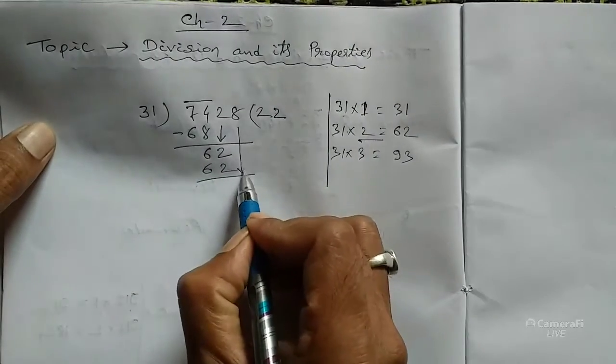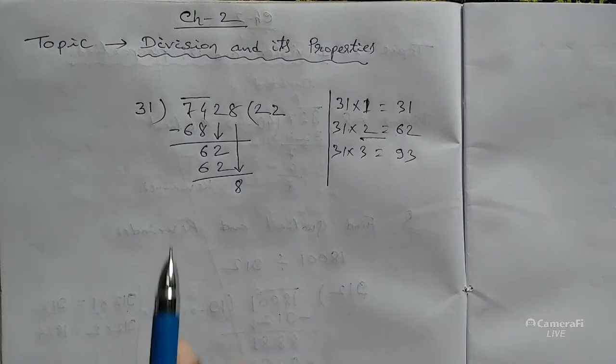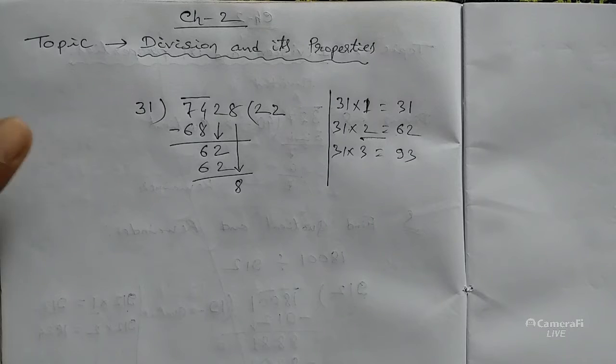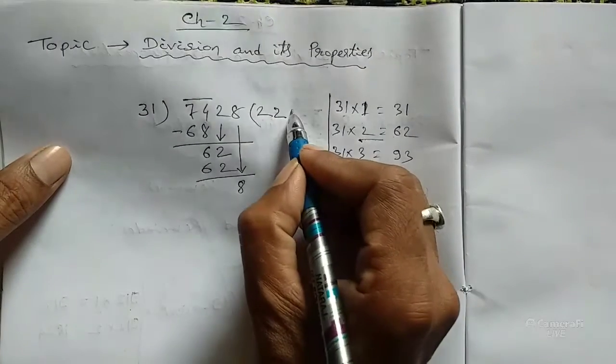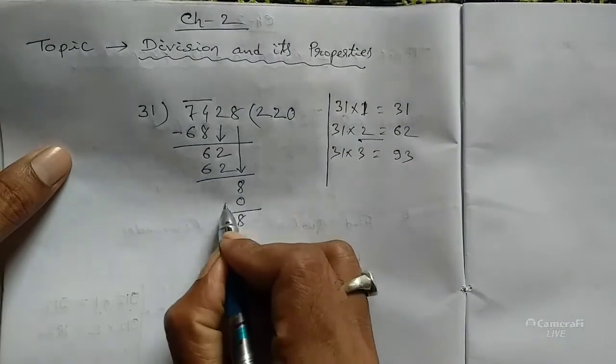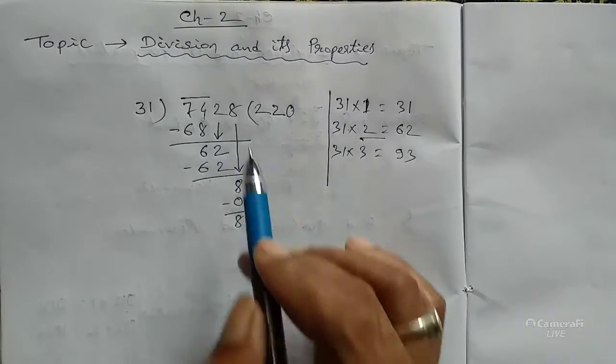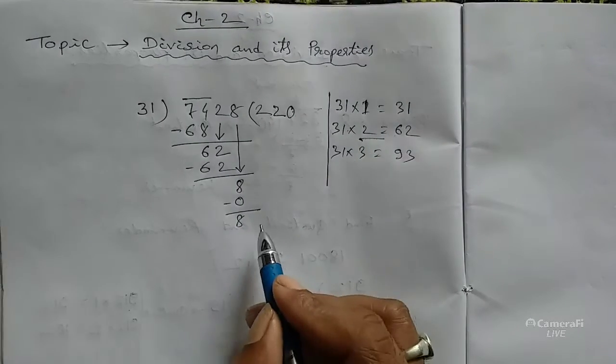Let us take this digit, 8, and we also have to divide it, but 31 into 1 is 31, which is more than 8, so we should take 0, so that 31 into 0 we get 0. Now after subtraction we get 8, and there is no digit left, so this is the